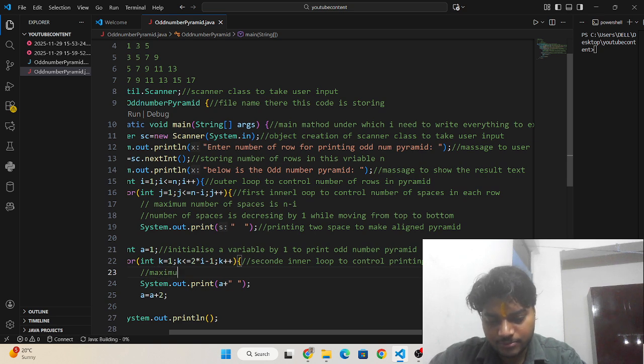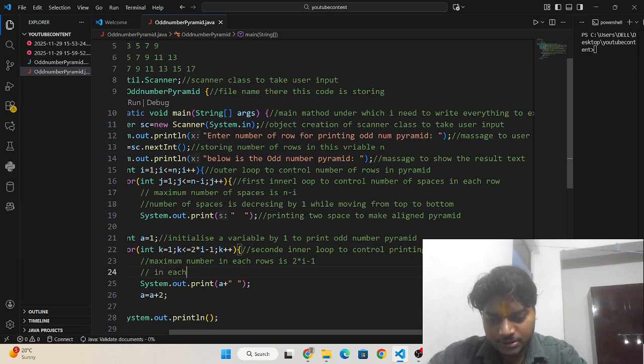Maximum number in each row is 2 times i minus 1.